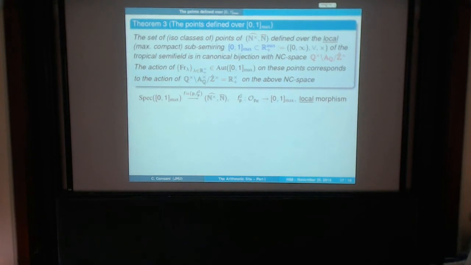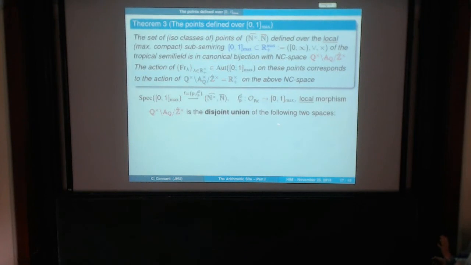So for a local morphism, there are two cases. The case where the image of this F_P sharp is completely contained in B. In this case, because it's a local morphism, the maximal ideal maps to the maximal ideal, so the image will be 0. And this type of points is what we see in the description of this double quotient of the Adele class